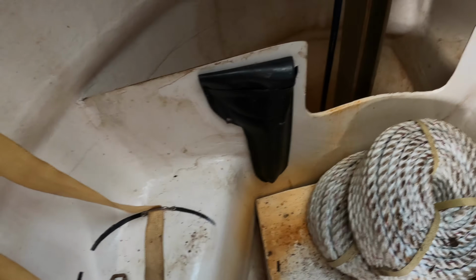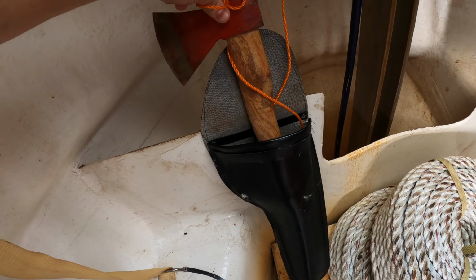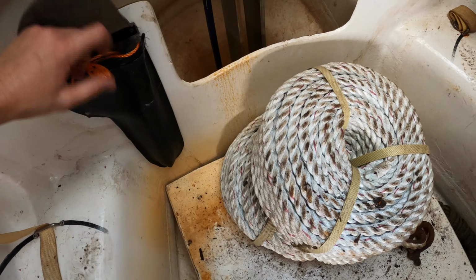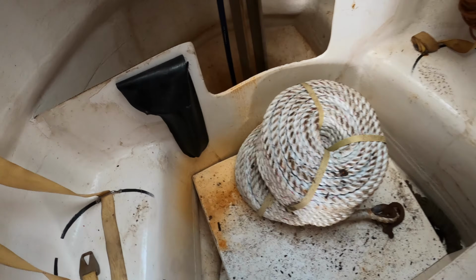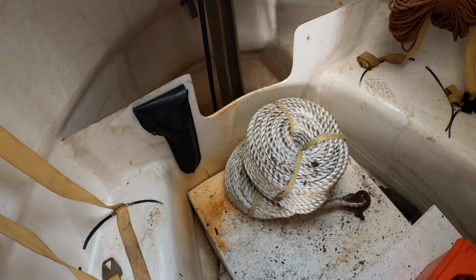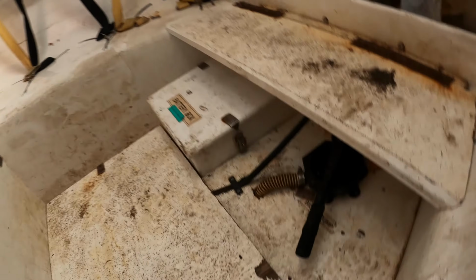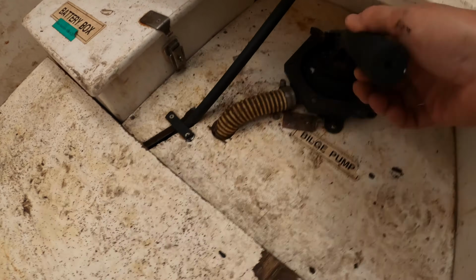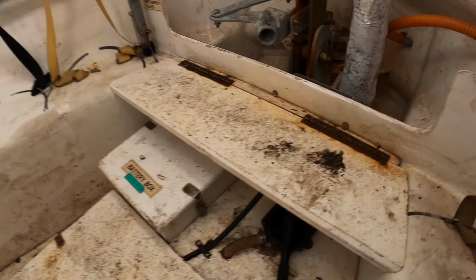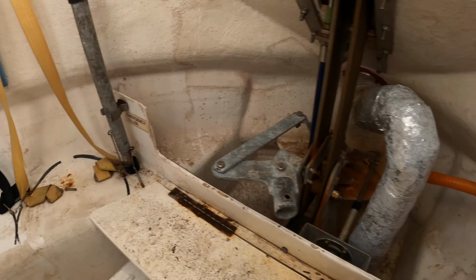Both the forward and aft ends of the lifeboat have a hatchet. This is used to cut the sea painter, which is the line that ties the bow of the lifeboat to the ship. Therefore, when the lifeboat is lowered into the water, it'll keep it alongside and prevent it from sliding back aft. The lifeboats have a manual bilge pump, which can be actuated by pumping right here. There's an emergency tiller here. So if you take this tiller handle, stick it in here, you can then manually steer